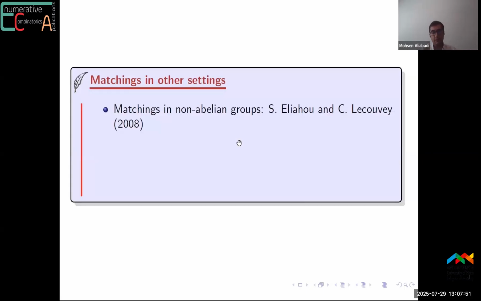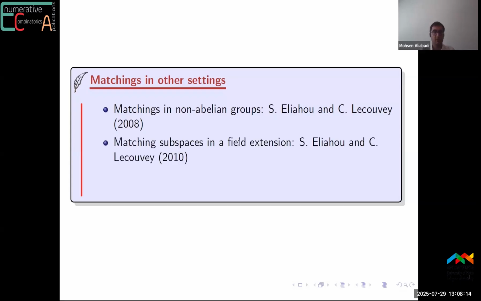Before continuing our discussion to specific families of matchings that are called acyclic matchings, I just want to mention that matchings have been explored in other settings as well. One setting is non-abelian groups, or we can say general groups, explored by Eliahou and Lecouvey back in 2008, and also in a very nice piece of work by the same authors, matchings